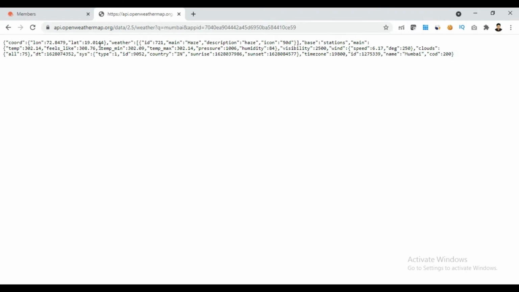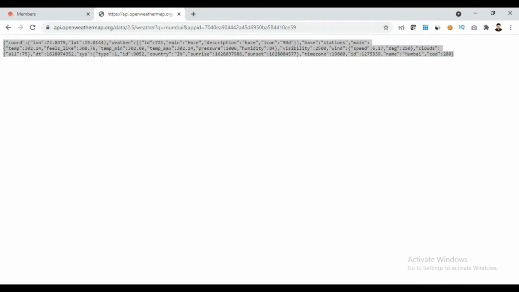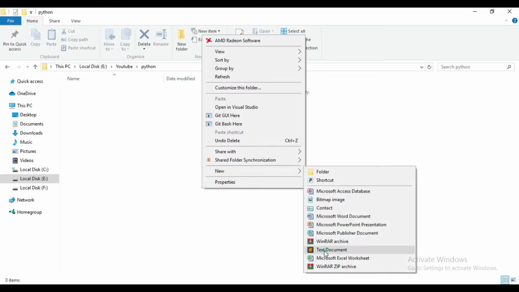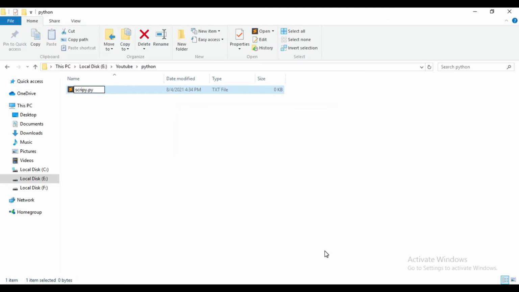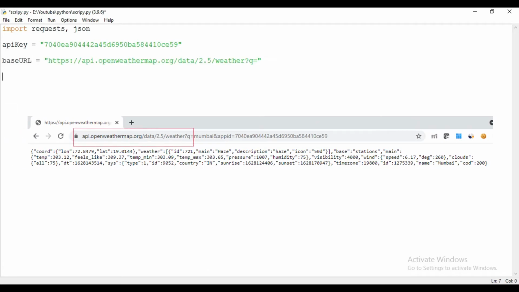Okay, now we will use this API to get all the information in our Python script. So first create a script. Now first import the requests library. Now after this define a variable API key and paste your API key here. After this create the base URL. Take a new variable city name and use input to get input from user. Enter your city.